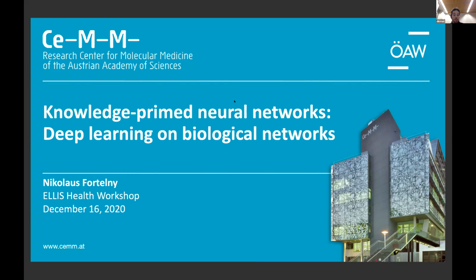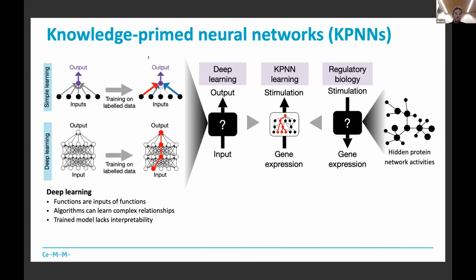So here we wanted to use deep learning on biological networks themselves and train this on single cell data. The basic idea, and we call this approach knowledge primed neural networks, is that in a very simple algorithm, we have some inputs and we produce some outputs. The inputs could be gene expression, and we predict if a patient is healthy or has cancer, which would be the output, and then we get those weights, obviously, and from these weights we can learn which genes are